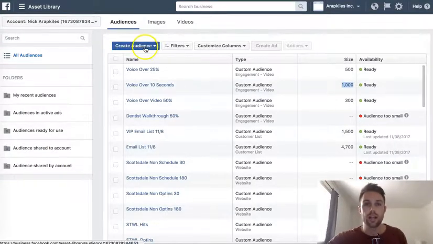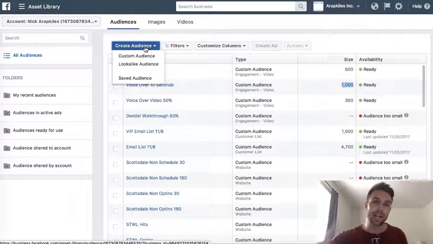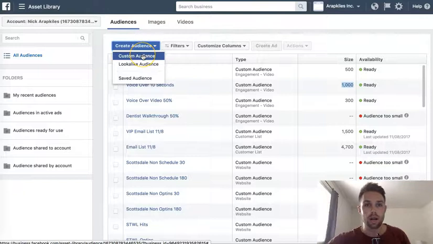So I'll show you how to do that here in a second, and then I'll also show you how to create an ad like this, which is really cool. So you click on custom audience,